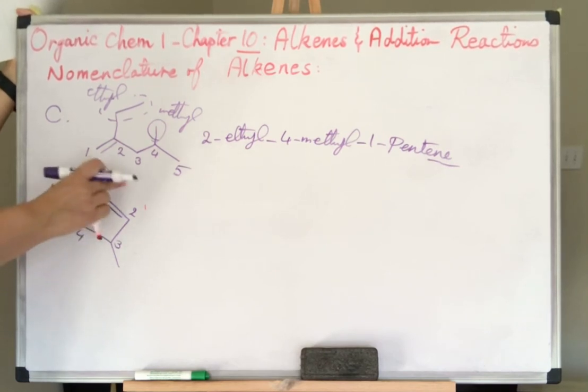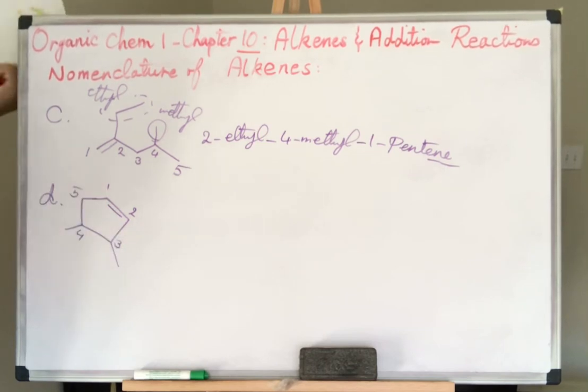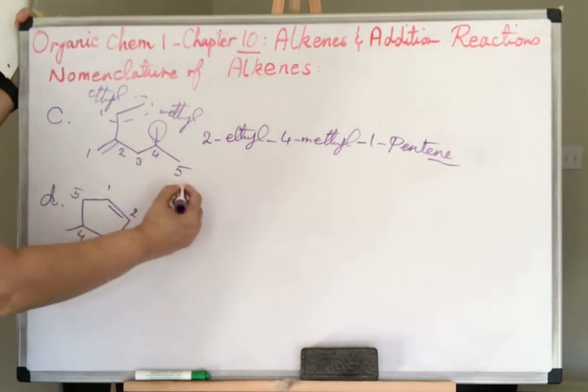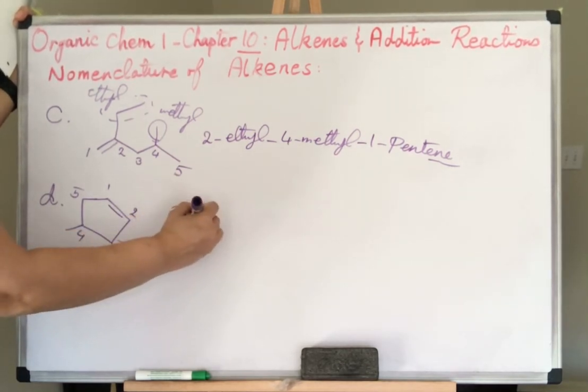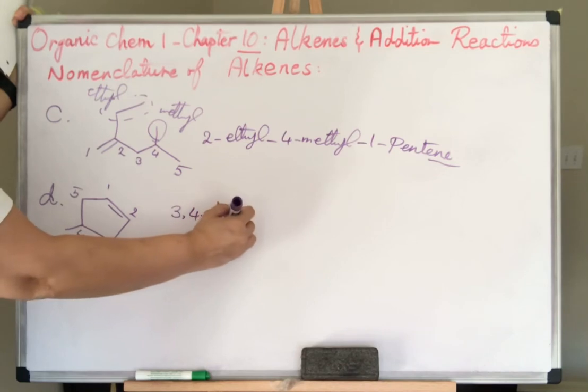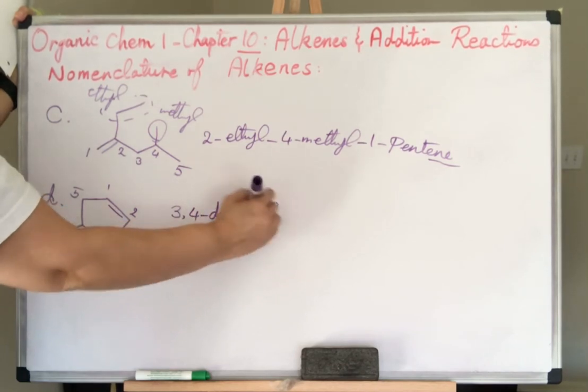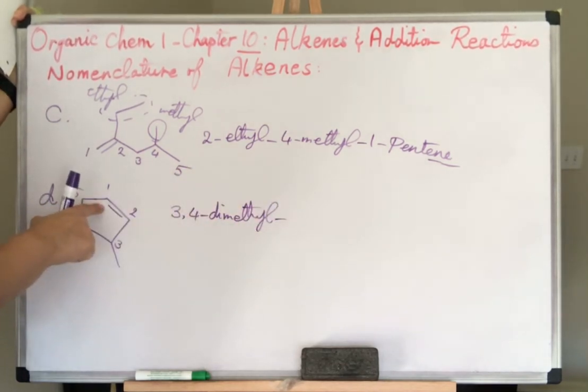So it seems like clockwise numbering is the correct numbering. It gives our branch the smallest number possible. So we have 2 methyl groups on the 3 and 4. So it's 3,4-dimethyl. What else do we have? We have